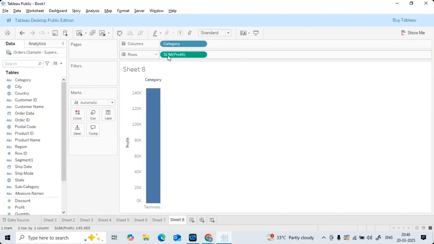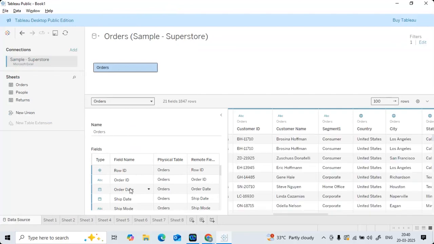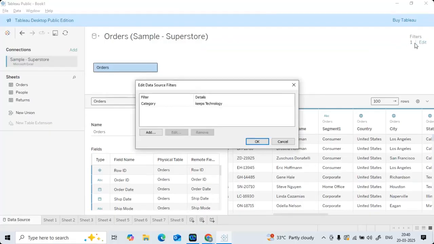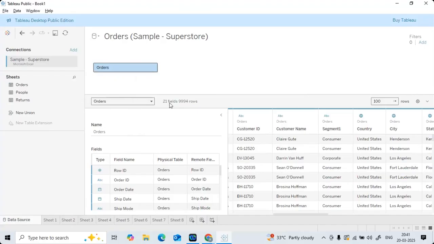But now here you are having one more filter type called worksheet level filter. Let me explain that as well. I'm going back to the data source. Currently, a filter is applicable here. I want to remove that filter. What do I want to do? Edit that filter. Select that filter. Is there any option called remove? Remove it. Are you getting your entire data back?